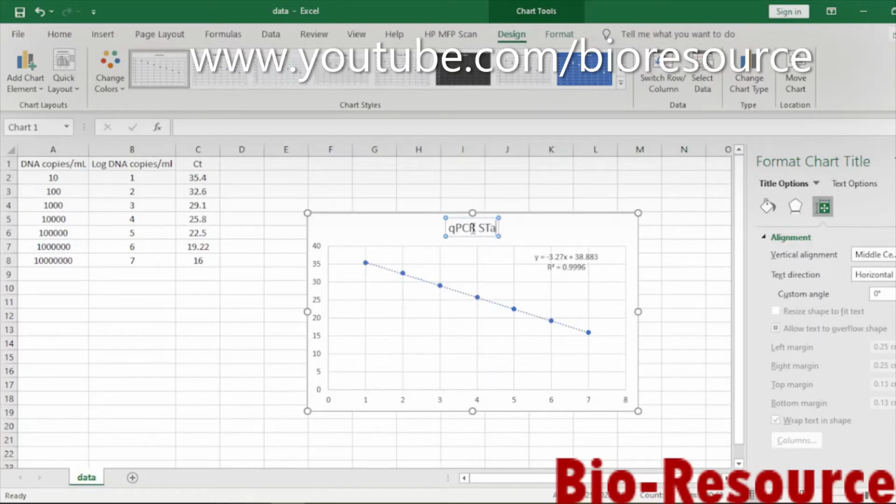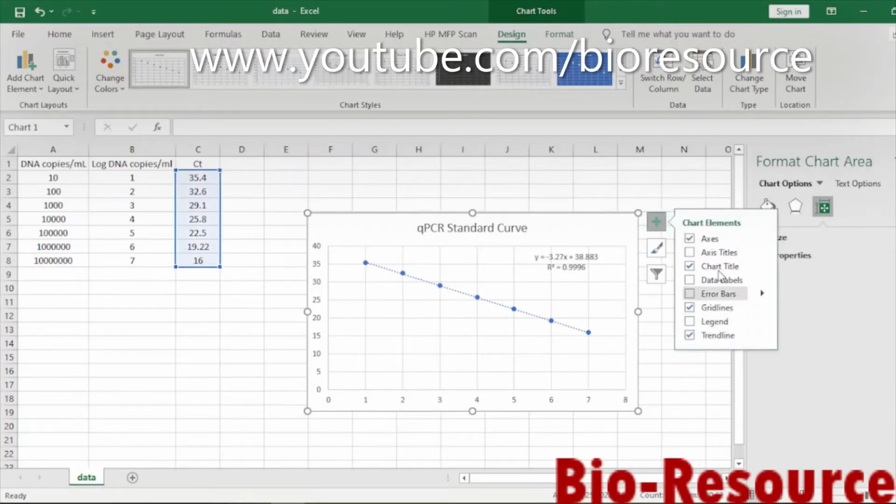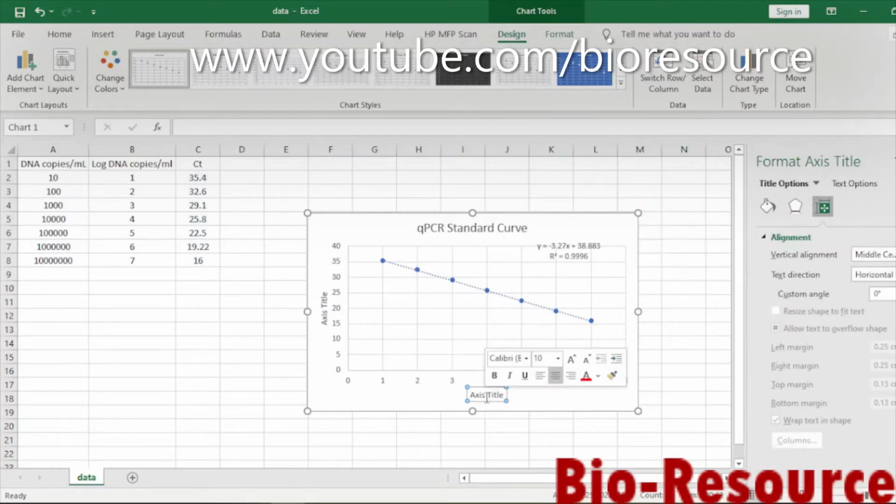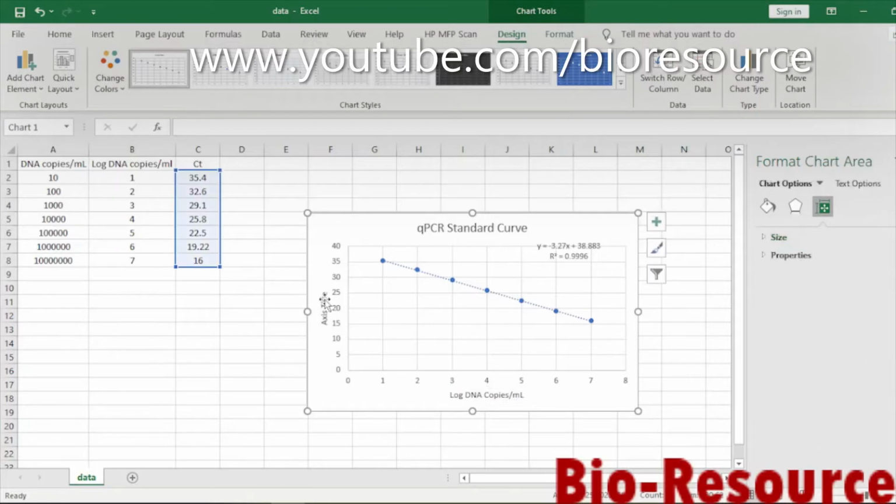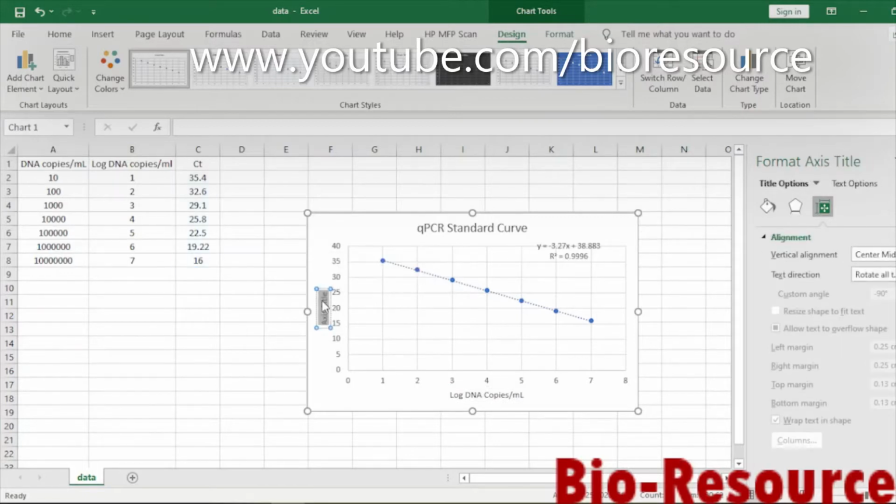Now I'll change the chart's title to qPCR standard curve and the axis titles to log DNA copies per ml and, for the y-axis, cycle threshold or the CT.